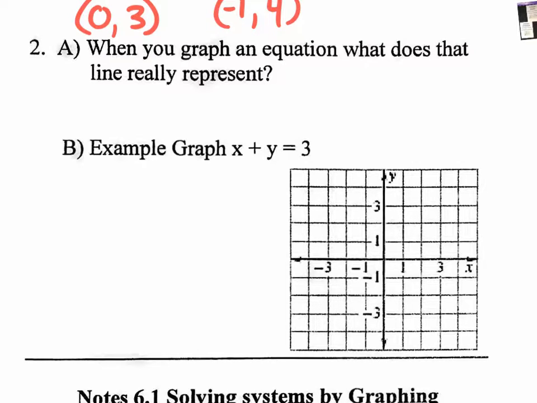How about this? In order to answer number 2, or 2A, let's jump to 2B. Let's actually graph x plus y equals 3. Last semester, we learned how to graph. We learned different ways on how to graph. You could use an XY table, or you could put it in slope-intercept form and then graph it. So what do you guys prefer to do right here on 2B? Subtracting x, you'd be able to write it in slope-intercept form. So let's do that. Let's subtract x,